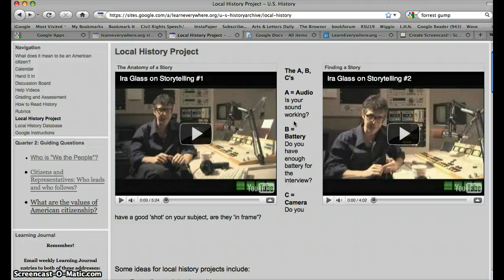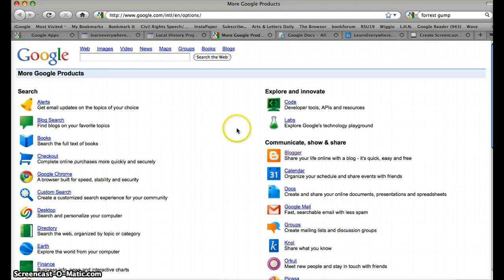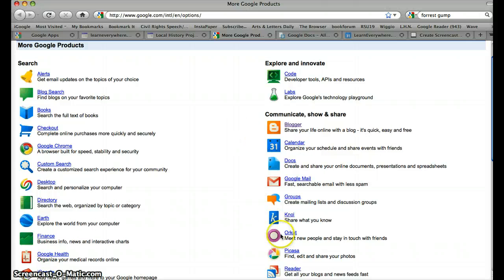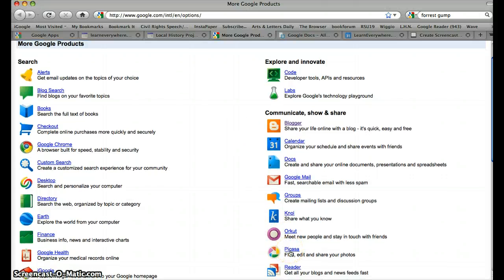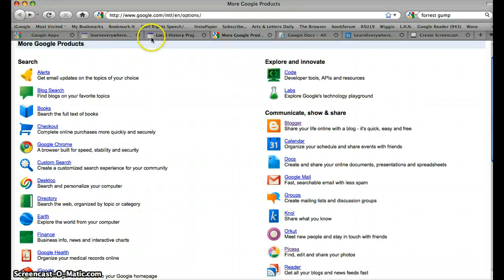Once they're on your computer, upload those in your Google account. It's called Picasa. If you go up to the top, you would click on more, and then even more in this account, scroll on down, and you would see Picasa right here. Once you click on Picasa, you would sign in right here and go to Picasa Web Albums, and you'd be able to sign in through your Google account and access those pieces.